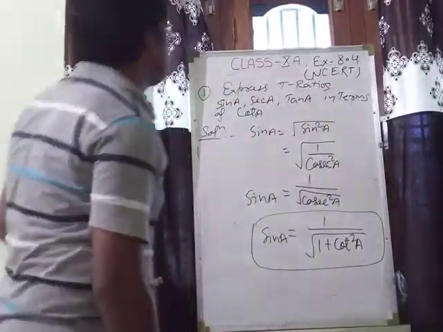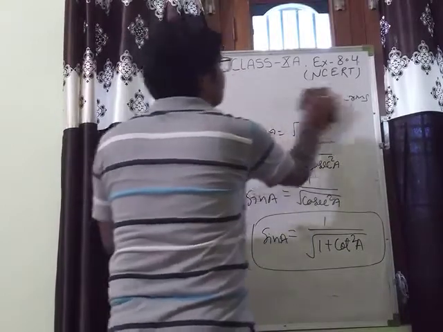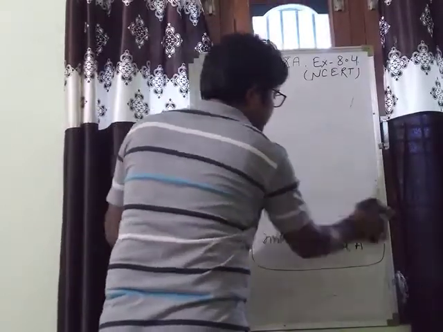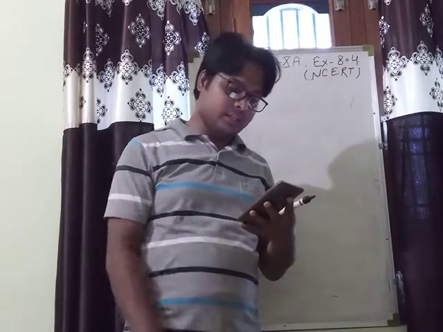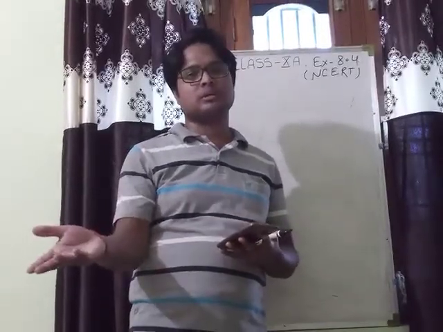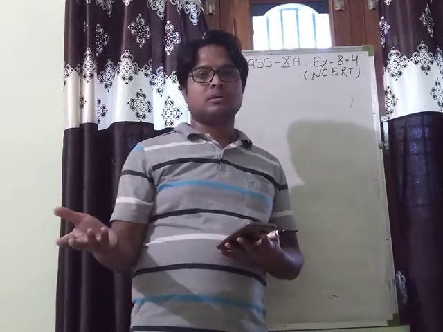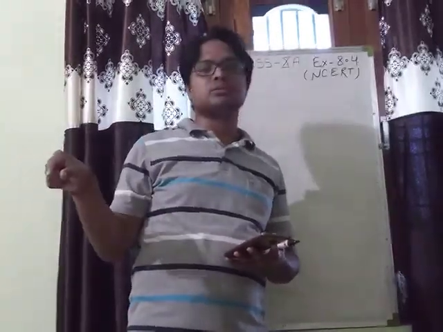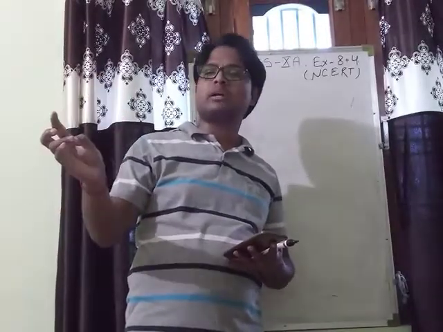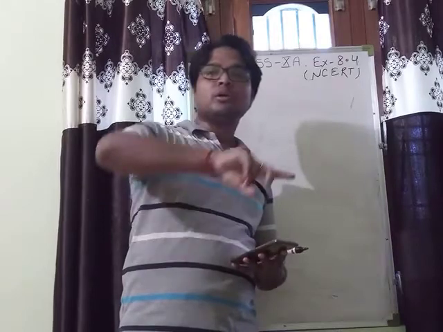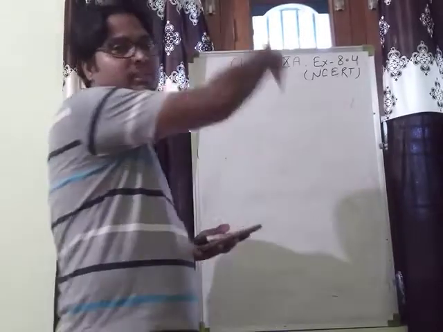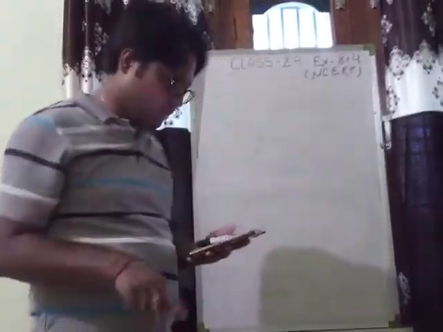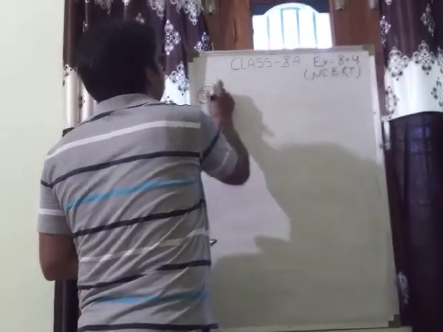Now everyone read question number second. Question number second is: write all other trigonometric ratios of angle A in terms of sec A. Same type of question. Each trigonometric ratio, sin A, cos A, tan A, cot A and cosec A, you have to convert all these ratios in terms of sec A, just like in this one. So that will be homework for you. Okay, now I am going to solve question number third.